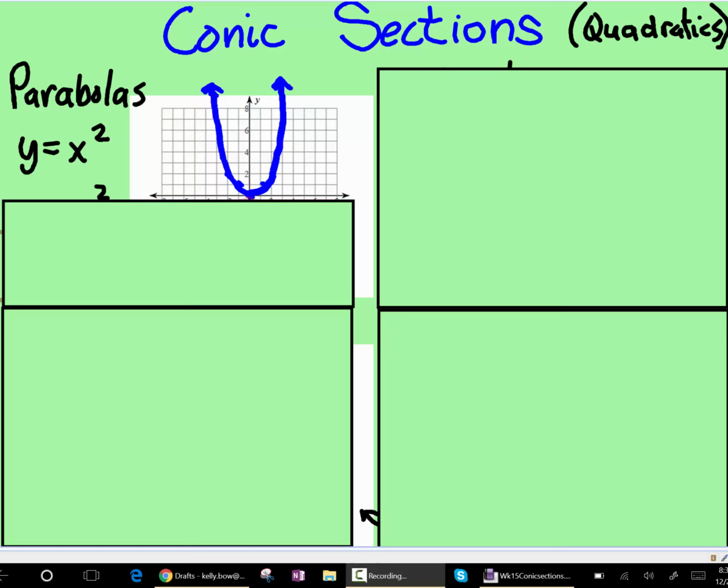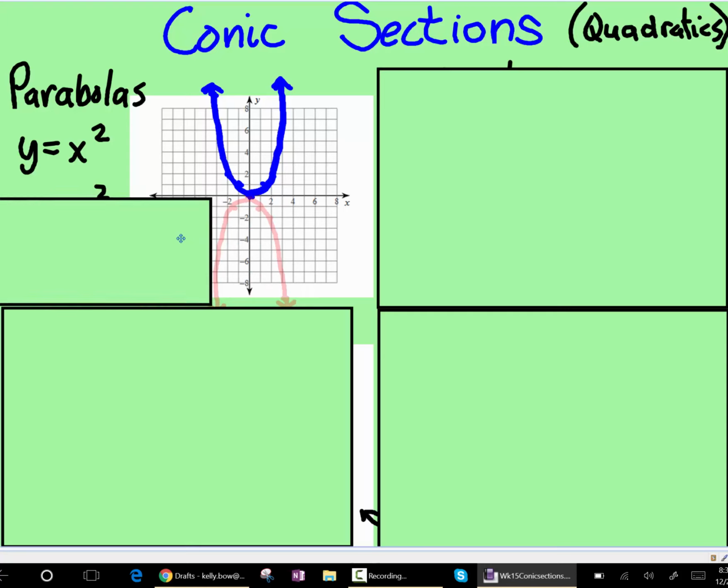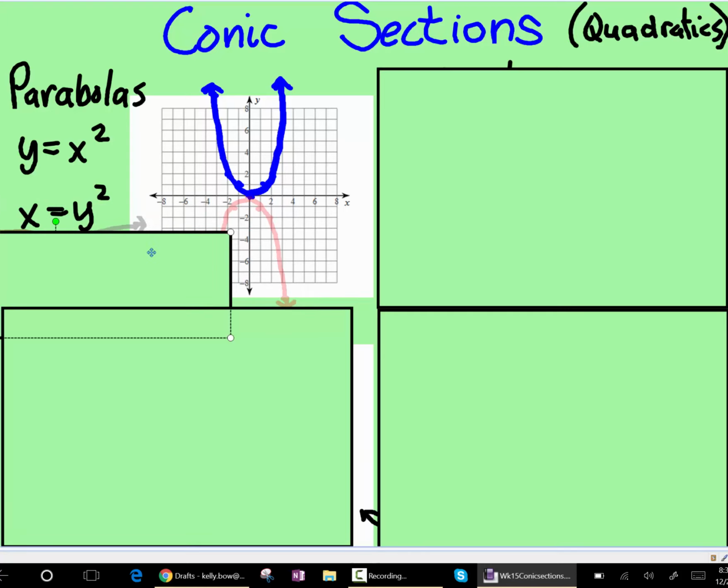All right, so you're aware of the first type, parabolas. Y is equal to x squared. And if it's a negative parabola, if it's y is equal to negative x squared, it will just be a downward facing. Well, the new conic section you need to be introduced to is when x is equal to y